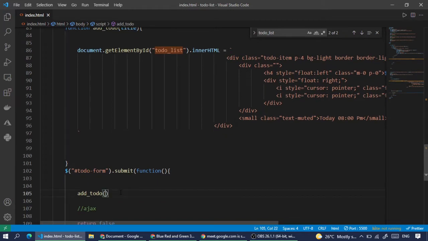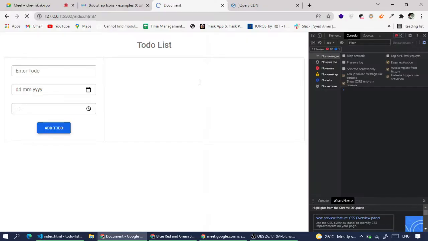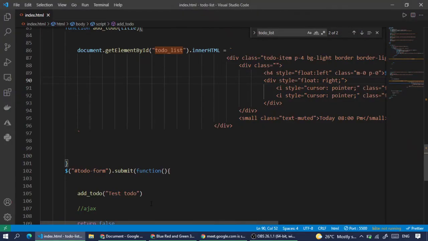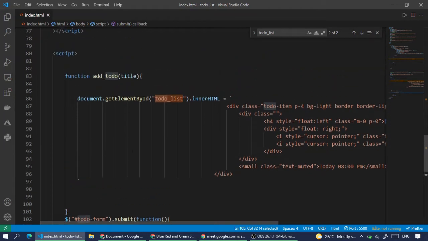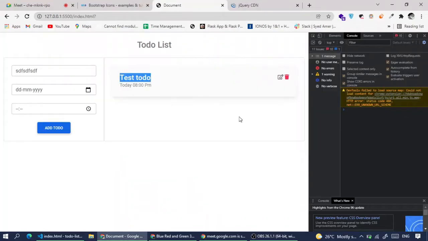Let's say here I'll say test todo, and this is just a parameter I'm passing, and I'm using that variable with dollar curly brace to show in a card. So see here, if I just add something and click on add, it's adding test todo because I'm calling the addTodo function and passing test todo. It's taking the parameter as a title and showing up here in this place. So hope it's clear to you.